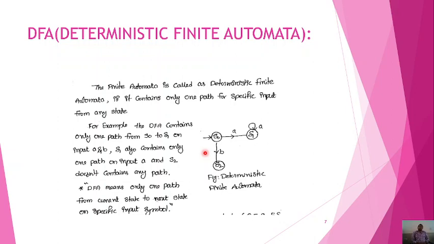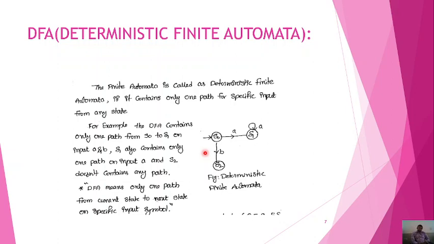Before discussing deterministic finite automata, first we need to know the different types of finite automata. Finite automata are basically of two categories: one is finite automata with output and another is finite automata without output. Finite automata with output provide an output for each and every input symbol from the input. So for each input, it will produce the related output. That is the FA with output.